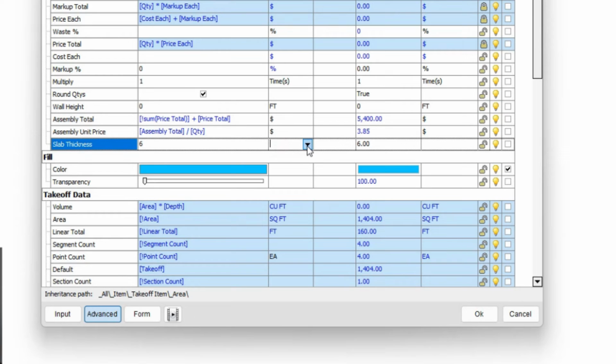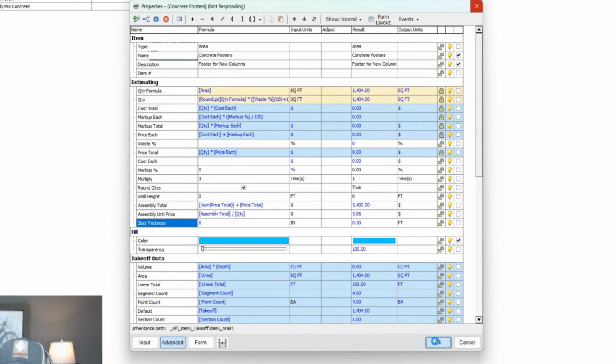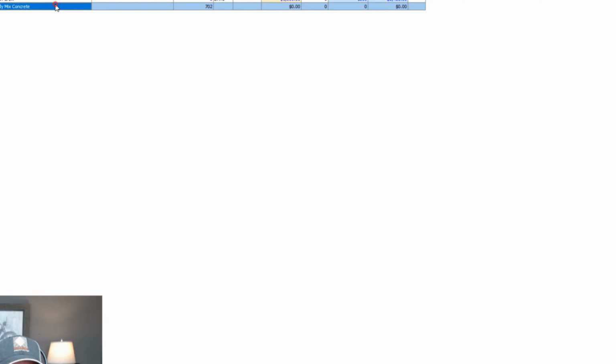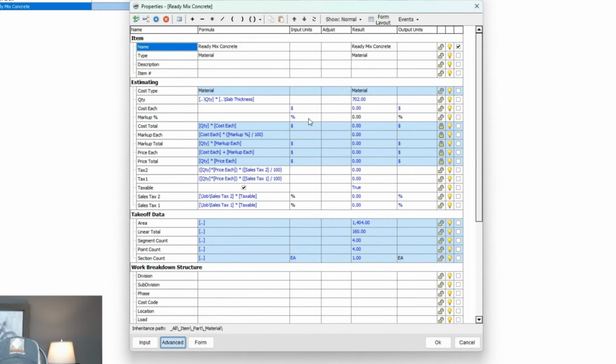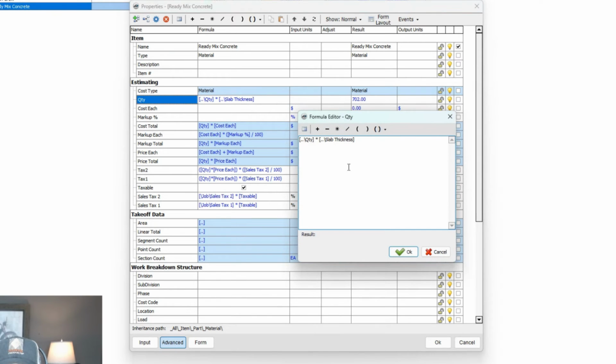So right now, this is inches, and I'm going to do a conversion to feet. And there's a reason for that. And the output is in feet, not inches. I don't know what it's doing. There we go. Back in advanced, go back in here. And now the quantity times the slab thickness, which is in feet,